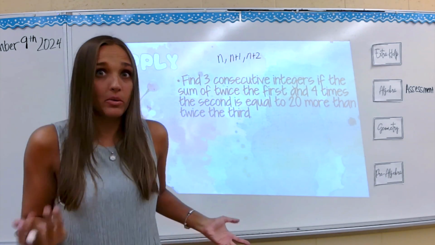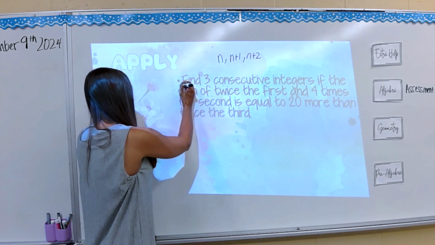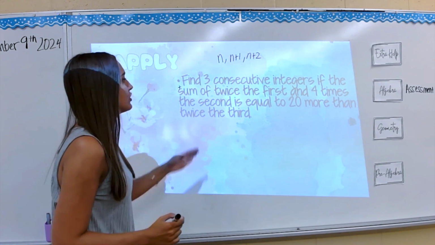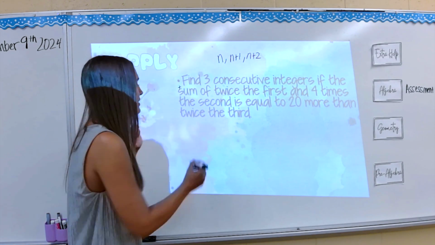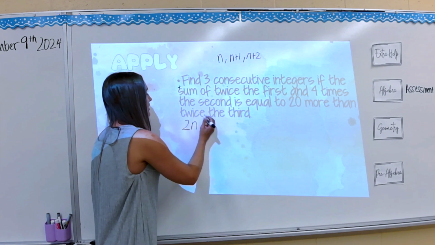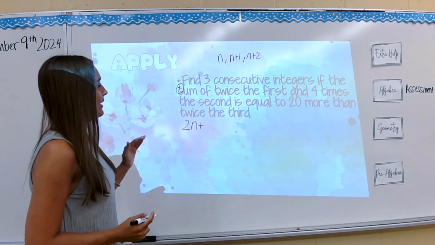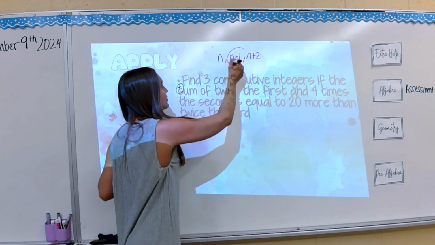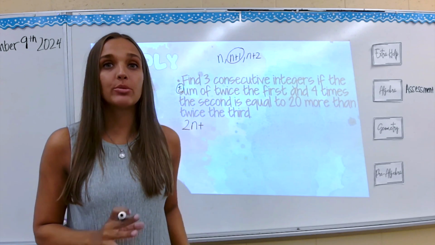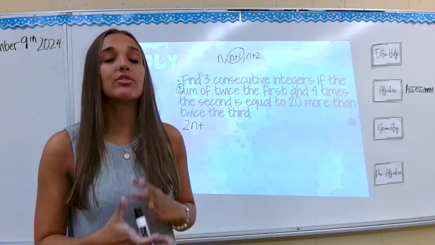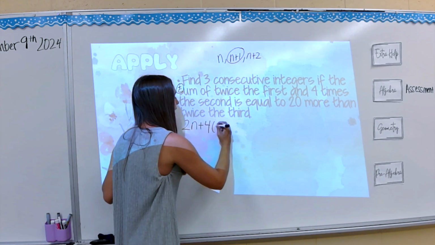Now let's read it like a word problem and see what we would do. The sum, well, I know sum means addition. So the sum of twice the first, that means 2 times the first, which is n. So 2 times n, sum means addition, so plus 4 times the second. Well, the second is n plus 1. I'm doing 4 times the second. I'm not doing 4 times just n. I have to do 4 times the whole thing. So I have to put it in parentheses. 4(n plus 1)